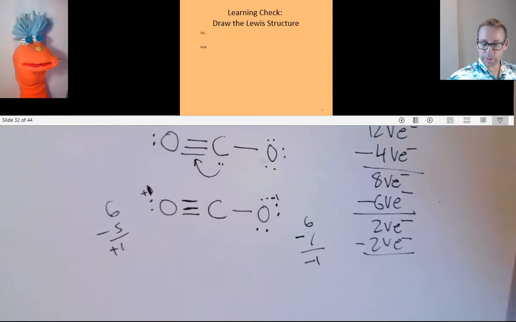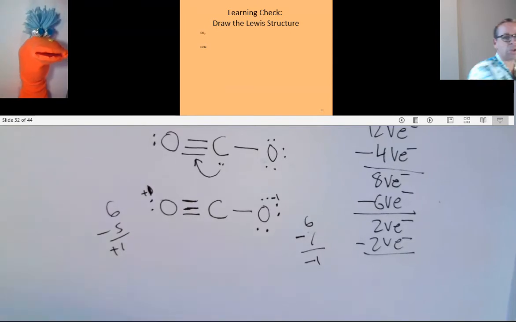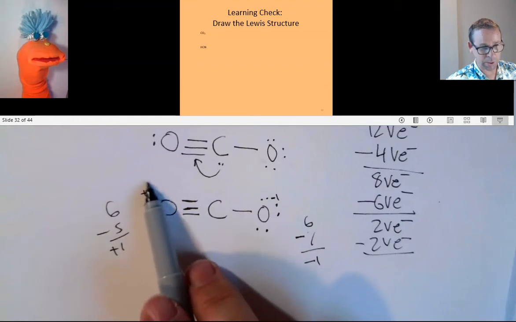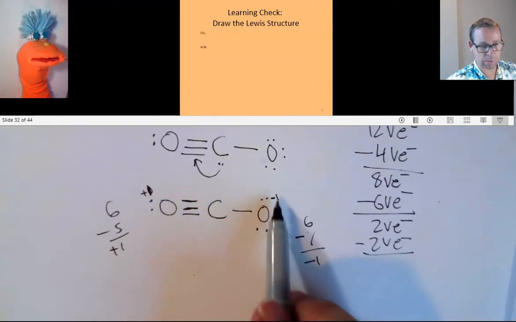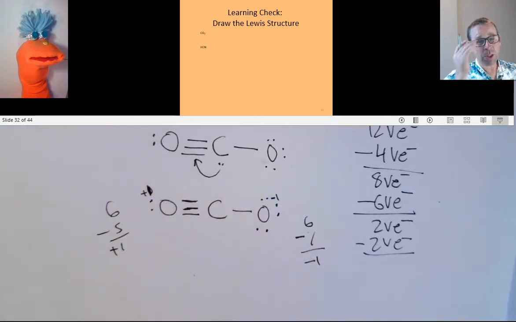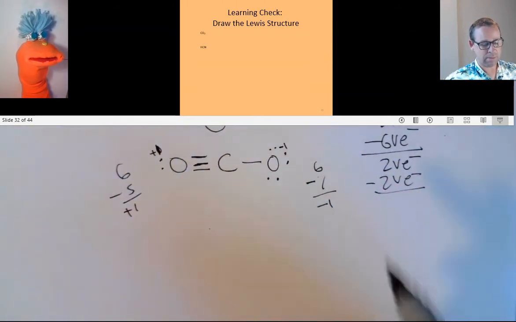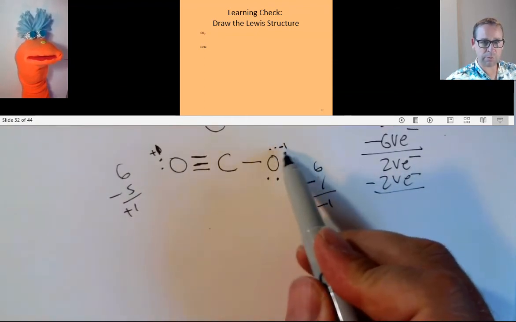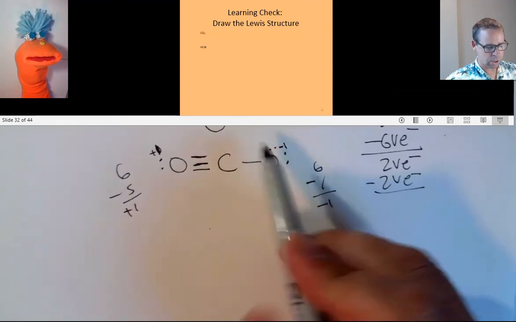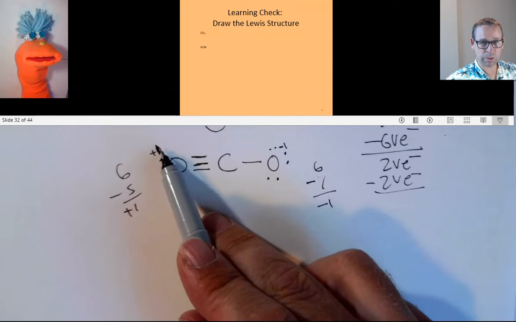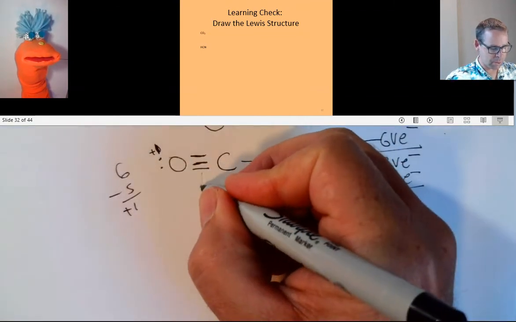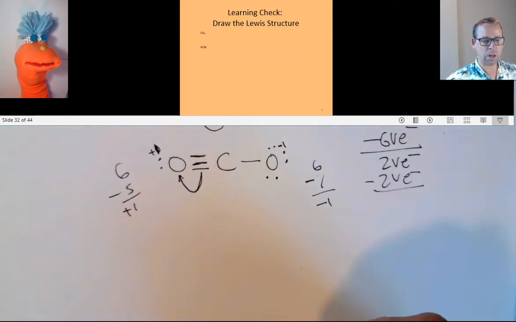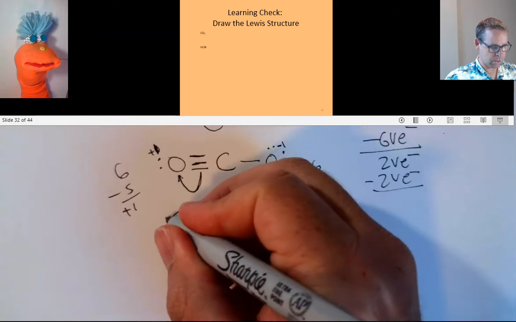We need to rearrange electron density, okay? This has a +1, not enough electron density over here. This has a -1, too much electron density over here. We need to adjust these electrons so that there's less electron density over here. Again, that -1 formal charge helps us know where there's too much. And we need more electron density over here. So I can do that by bringing a bond and making it into a lone pair of electrons on that oxygen. So the result would be